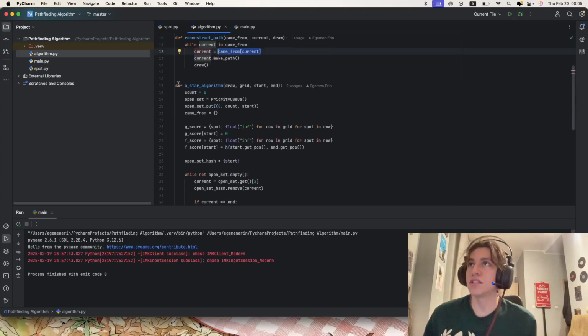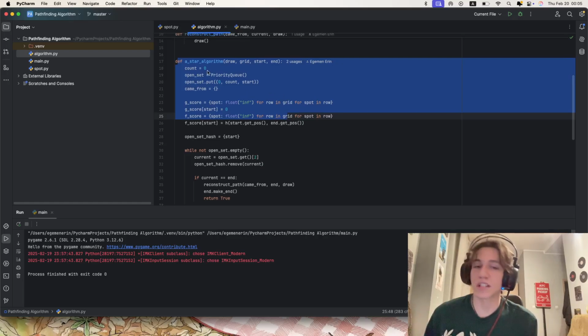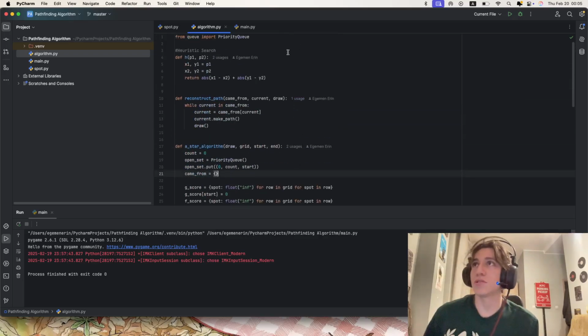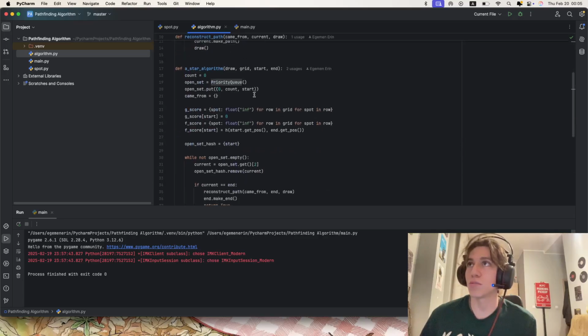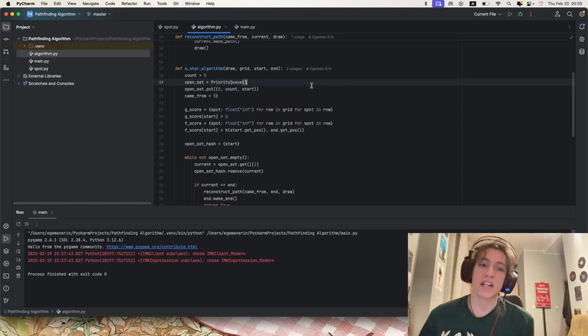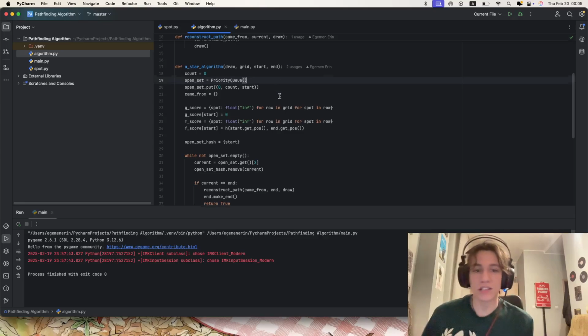And here is the A star algorithm, and this is basically the main function. This is where the magic happens, and it uses a priority queue. I imported it from queue. It uses the priority queue to manage which cell to visit next based on the F score, a combination of the cost so far and the